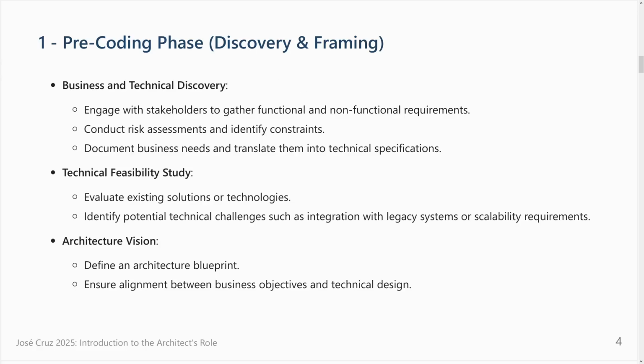Conduct risk assessments and identify constraints. Constraints are the most important thing in architecture. You always take decisions with constraints. What can't I do? Most of the decisions are usually that, and it's not that you know clearly. I remember that I was involved in a project where I wanted to create some authentication, and I wanted single sign-on with current authentication mechanisms that already exist in the projects. And that was a problem, because they had some constraints that I didn't want. It would make my life harder, and it would condition my architecture, because